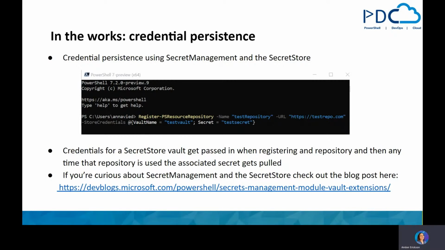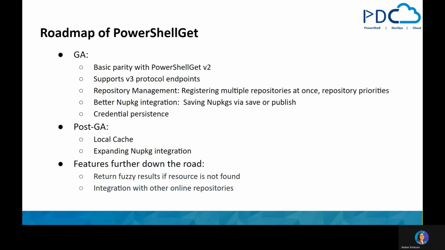And like I mentioned, credential persistence is something that's currently in the works for the next release, but we'll spend a few minutes talking about what else lies ahead for PowerShellGet. And so we've recently completed a huge refactoring of the v3 repository, and we're still working on finishing up some of the parameters for some of those cmdlets. And we'll have a few more releases before we hit our release candidate and then GA, hopefully by the end of the year. So please stay in touch via our GitHub page, follow us on Twitter to get some updates